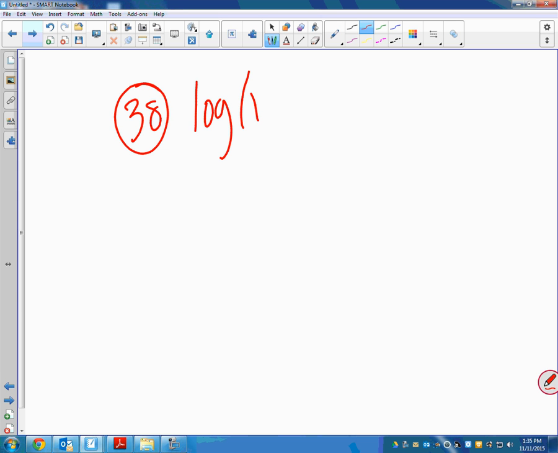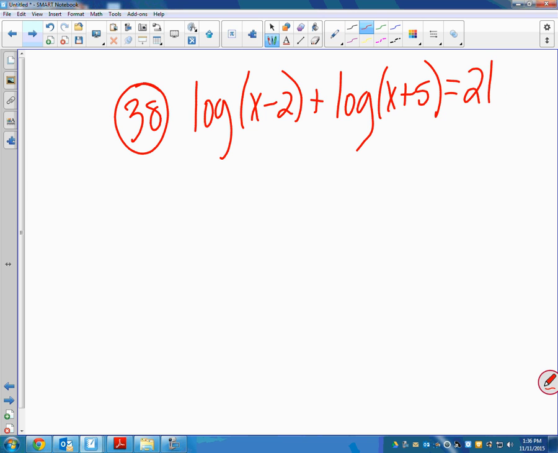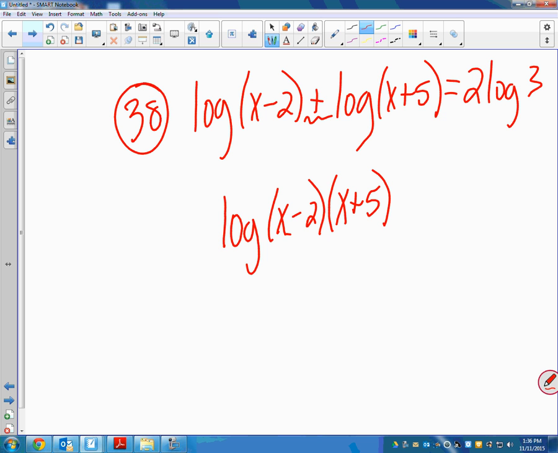Log of x minus 2 plus log of x plus 5 equals 2 log of 3. Except what's different between this one and the one we just did is you can't just move one to the other side and not have to deal with the properties. On this one, you have to deal with the property of knowing that when you have addition of logs, you can put it back together as multiplication. So we could write this as log of x minus 2 times x plus 5 equals,